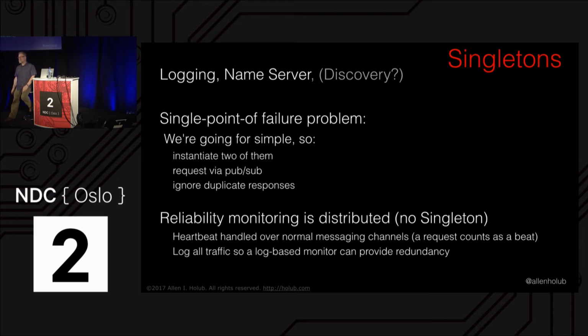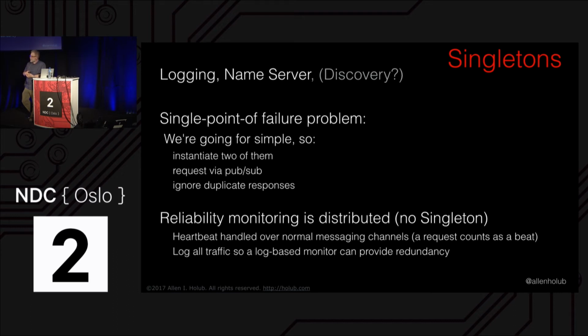I think if you had 3 or 4 DNS servers, that would be more than you could ever need. I've had no problems with 2. I just run them in parallel. They both work exactly the same way. I'm using pub/sub to talk to them. I ask for an address, I get 2 responses back, and I throw one of them away. And that works just fine. I'm requesting by pub/sub there because I don't want the naming service to know how many things are talking to it. So by using pub/sub to get the replies back, that handles that problem.